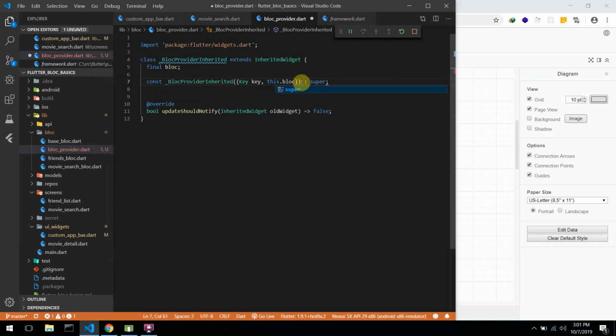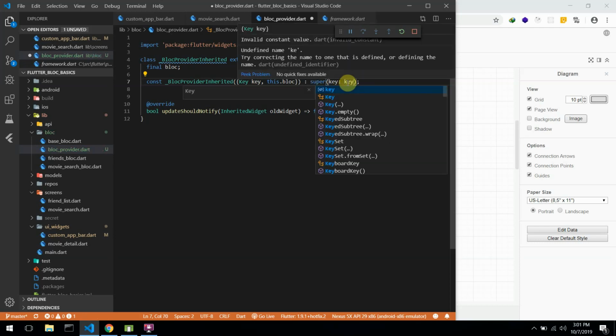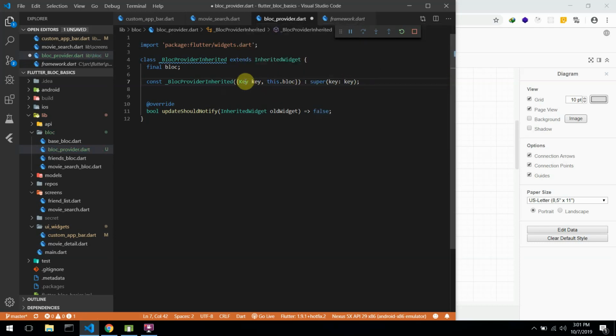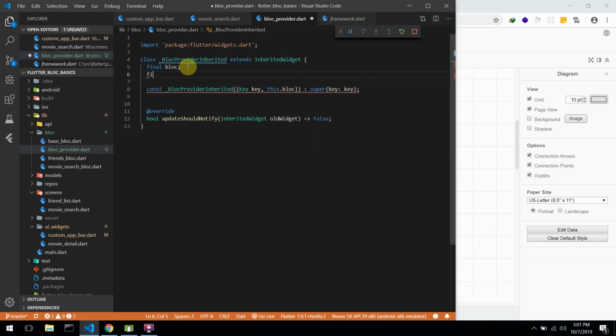So I'll call the super. And the next thing I would also put here would be the child, which is going to be a widget. So this bloc, and